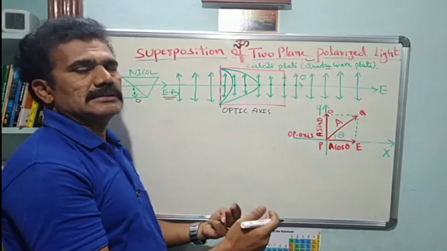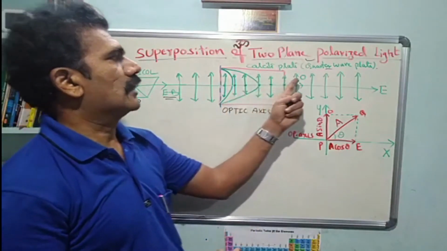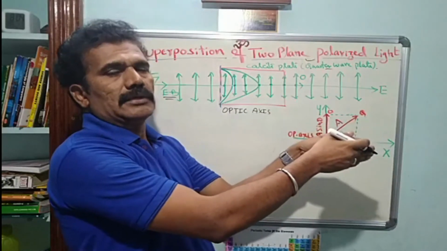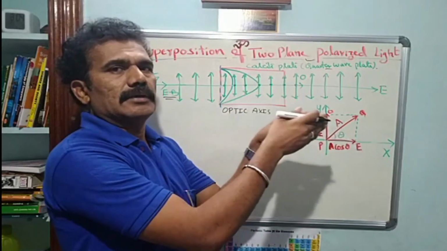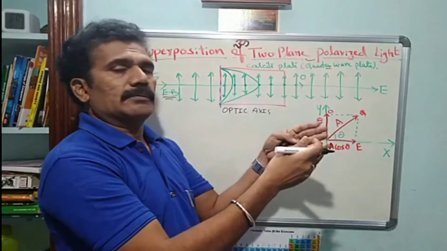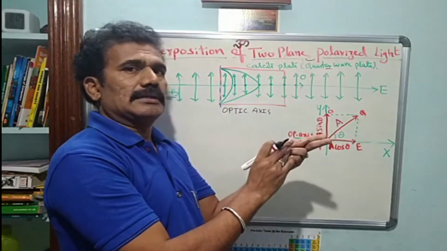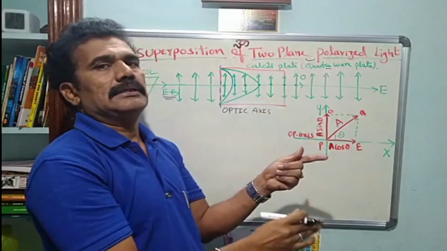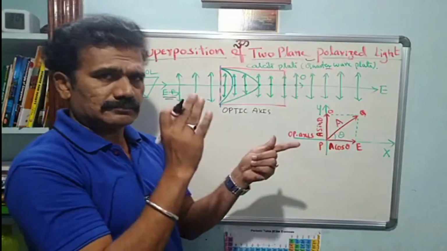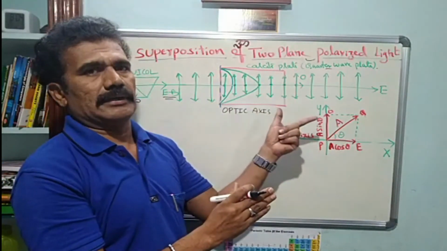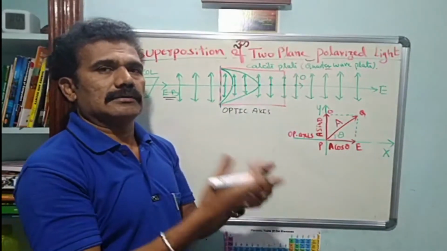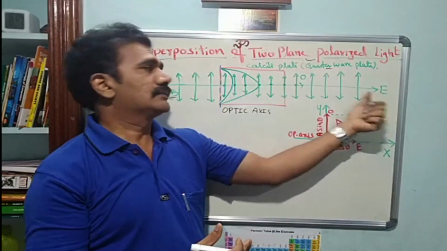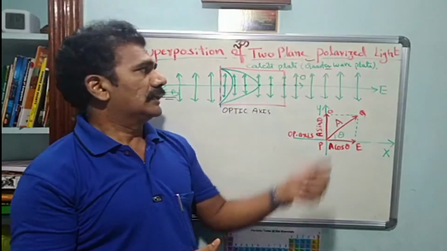Depending upon the phase difference, we can have the superposition of the ordinary and extraordinary rays. Then it gives different types of waves. What are the different types of polarized light waves? There are three types in fact: plane polarized light, circularly polarized light, and elliptically polarized light. It is possible to get all three types of polarized light waves in this experiment. With what conditions, with what phase difference, do we get the superposition of the ordinary and extraordinary ray after exit from the calcite plate or quarter wave plate?